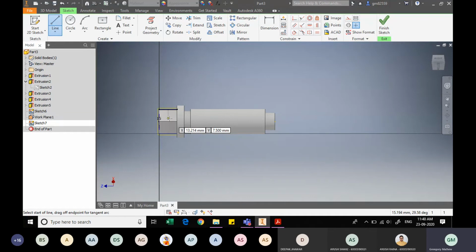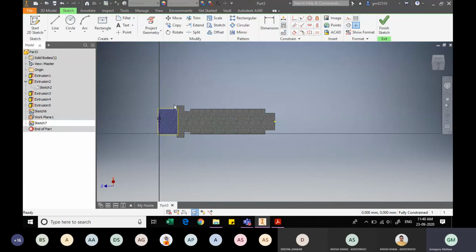So using the command F7, now I will sketch on this face. So we have finished with the sketch.